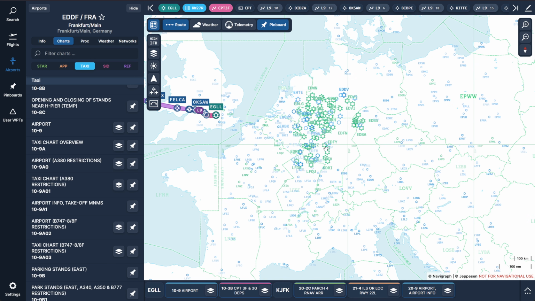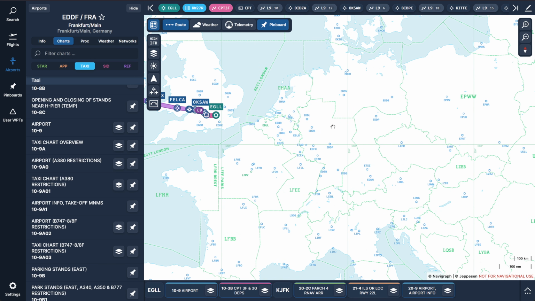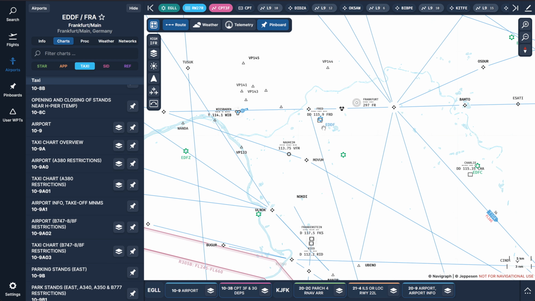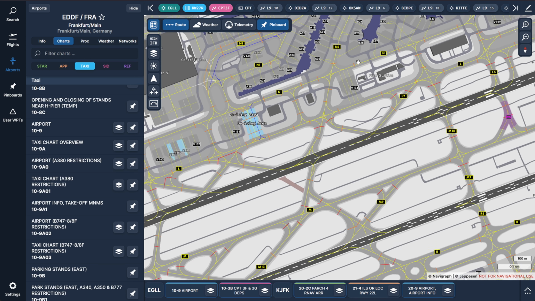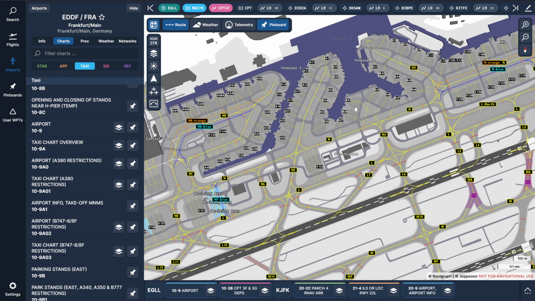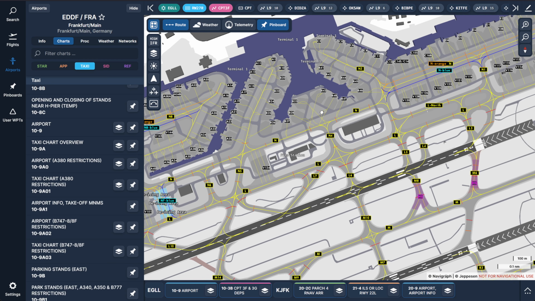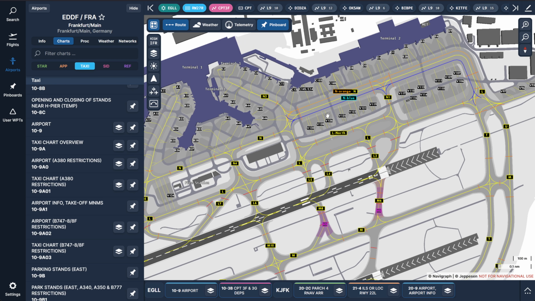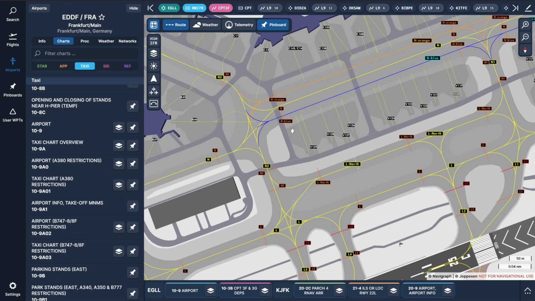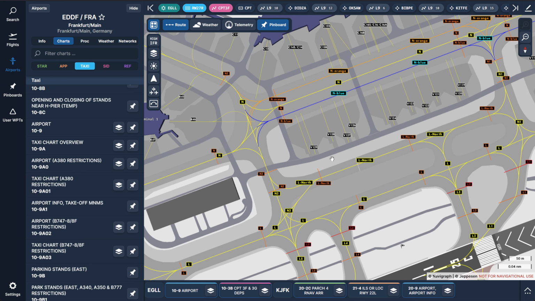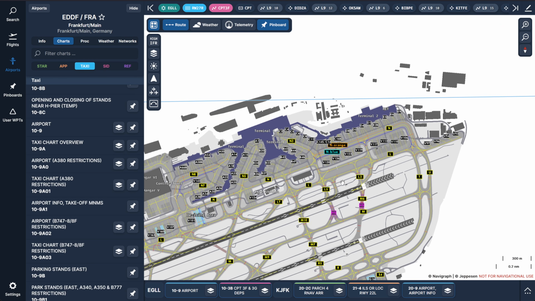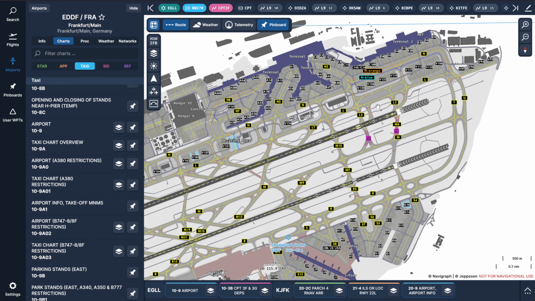So how do you access them? On any of the en route charts, just zoom in on the airport, and then they will eventually show up. And this is basically the type of charts that you would be using to taxi your aircraft. This just provides a little bit more level of detail, especially if you zoom further in, you get more level of detail. If you zoom a little bit further out, you might only get the most important level of detail,